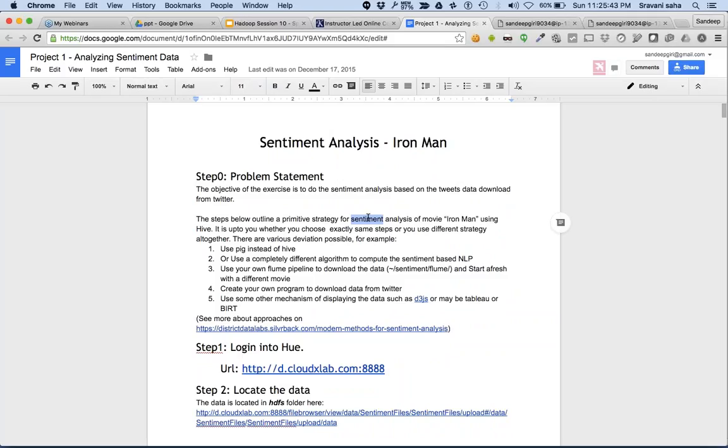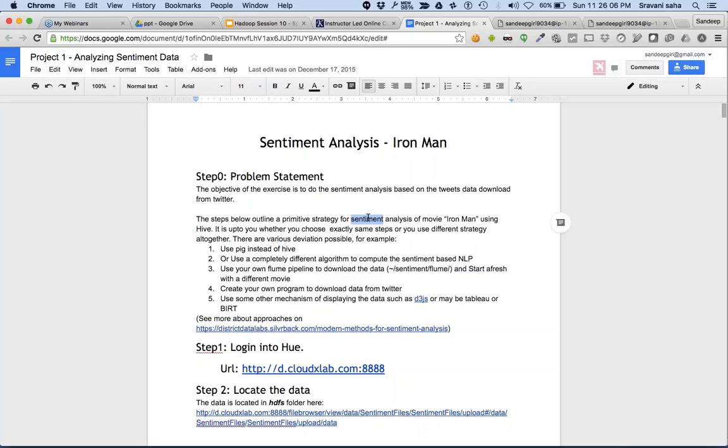It is up to you whether you choose exactly the same steps or you use a different strategy altogether. Okay, there are various deviations possible. For example, you could use Pig instead of Hive. You could use a completely different algorithm to compute the sentiment.